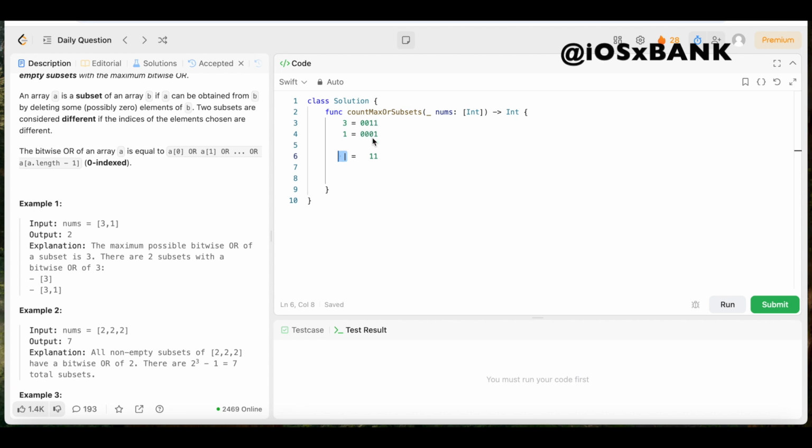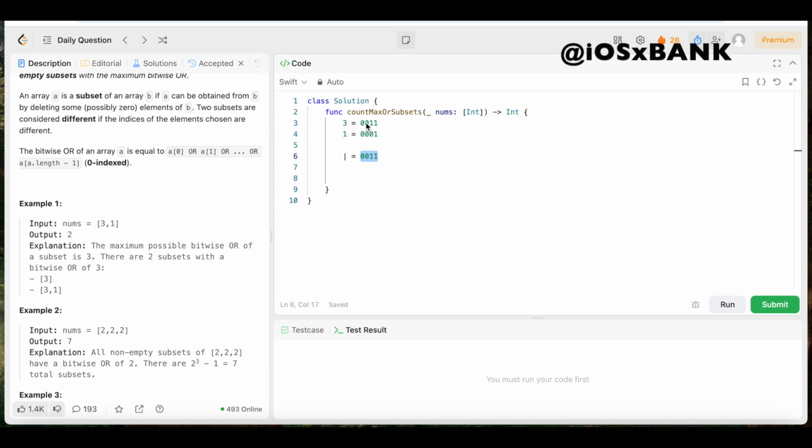If there's a 1 in the comparison, then there's going to be a 1 in the output for that bit. So there's a 1 when we compare these two bits, so we put 1, and there's a 1 when we compare 1 and 0, so we put 1. Then with these, it's 0, so we put a 0, and there are two zeros right here, so we put another 0. As you can see, when we compare 3 and 1 using the bitwise OR operator,